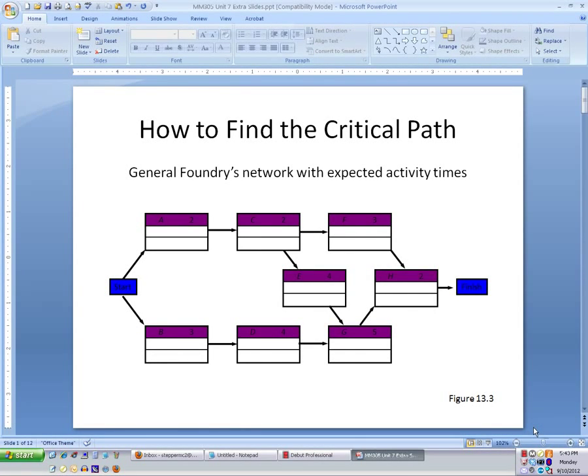Alright, in this video I will be showing you how to use QM for Windows to find the information regarding project management. On this first slide you're going to be seeing a project from start to finish, start here on the left side, finish on the right, and the different tasks required are presented in a flowchart form, and as you can see,